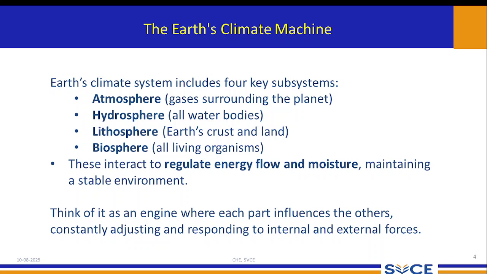Biosphere, all living organisms. Earth's climate system includes four key subsystems: atmosphere, hydrosphere, lithosphere, and biosphere. These interact to regulate energy flow and moisture, maintaining a stable environment. Think of it as an engine where each part influences the others, constantly adjusting and responding to internal and external